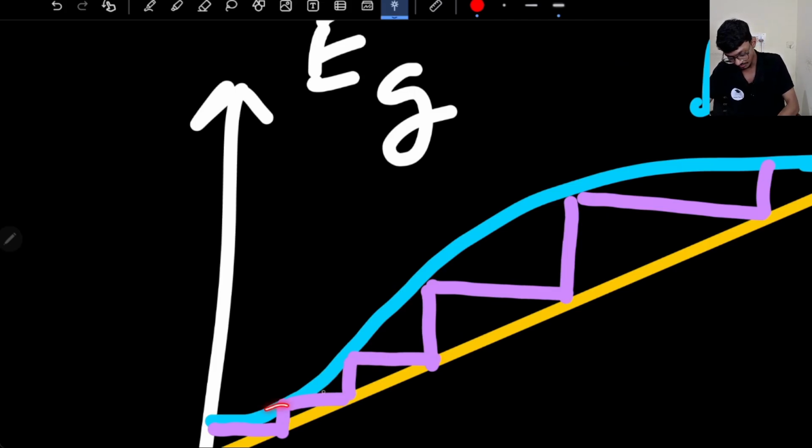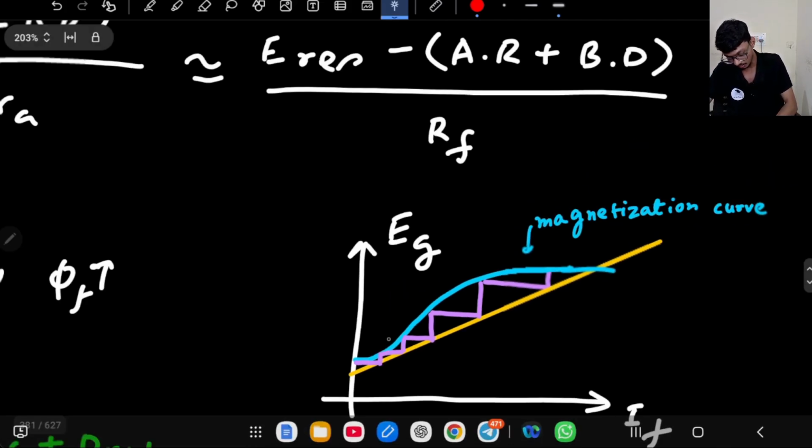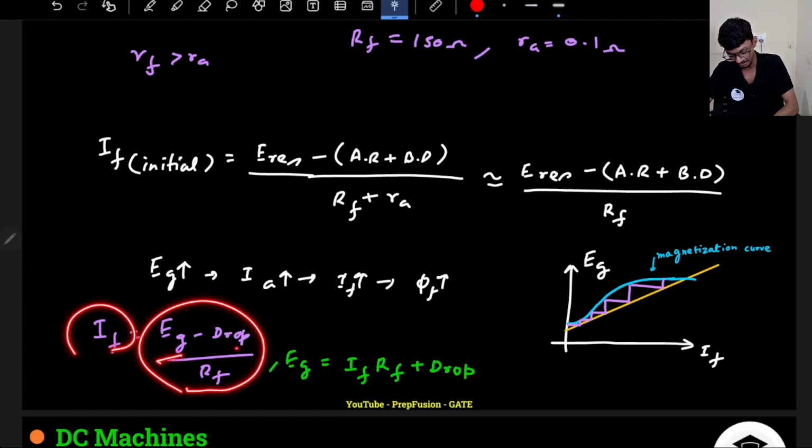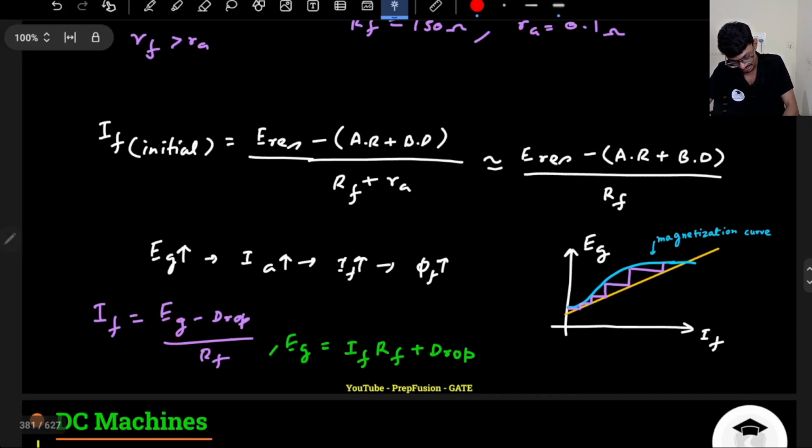Okay, so again, if the voltage Eg has increased here, again I will calculate my IF according to this equation. It will be Eg minus drop divided by RF. So again IF will increase, right? Because Eg has increased now. As Eg has increased, so IF will also increase. Again the IF will come here because it has to follow this equation of straight line. So IF will come here. Again IF has increased, so again Eg will increase, and this will keep on happening until there will be a point of intersection where